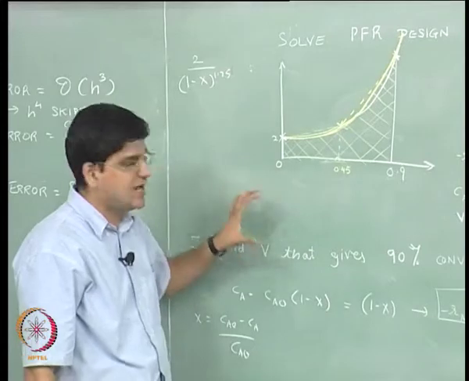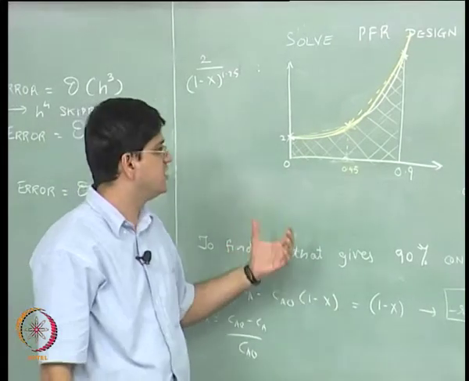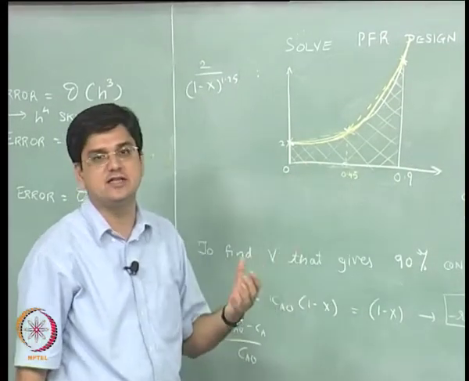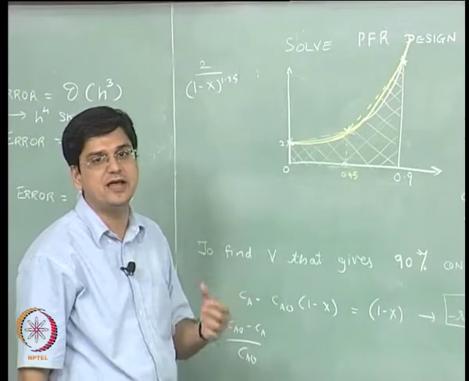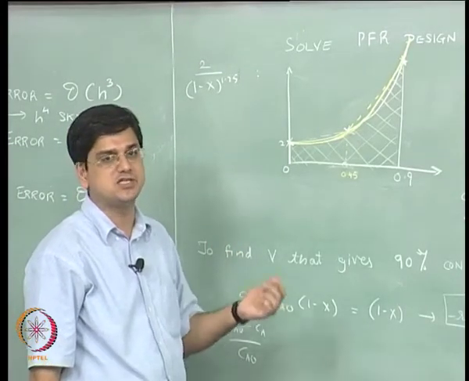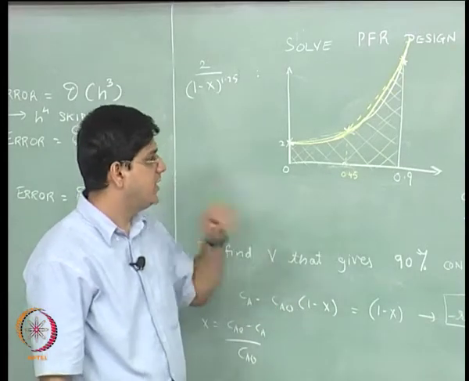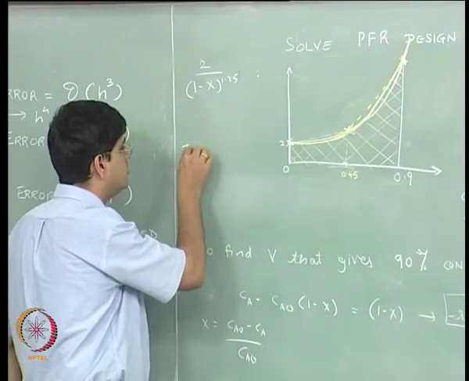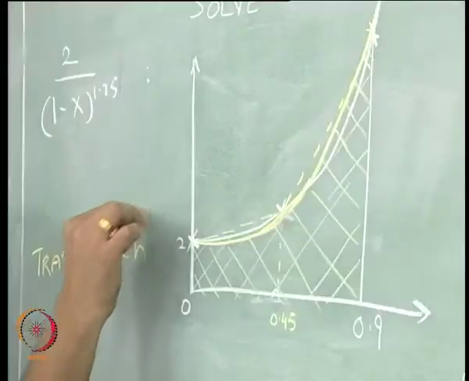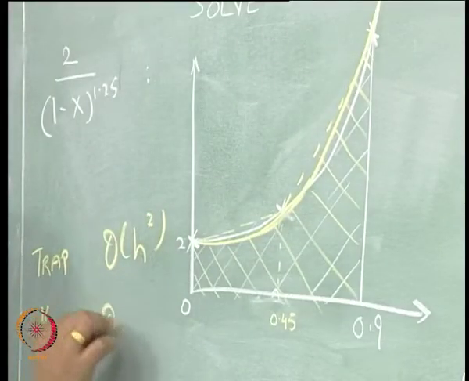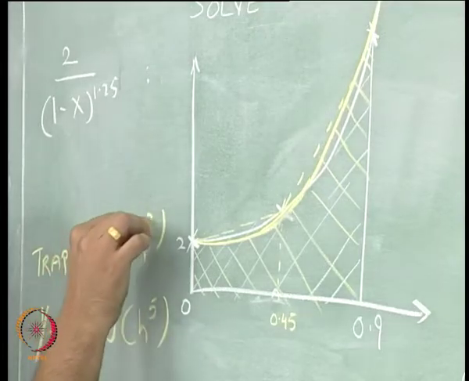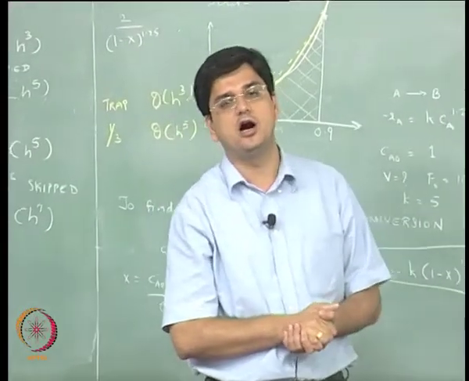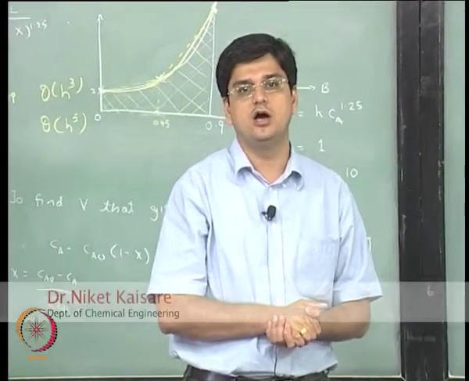That is a geometric interpretation of why we get significantly better performance when we apply the 1/3 rule rather than two applications of the trapezoidal rule. And numerically speaking, the reason for such better behavior is that the trapezoidal rule is order of h to the power 3 accurate, and the 1/3 rule is order of h to the power 5 accurate. So, this is where we finish this lecture, the 4th lecture in module 6.